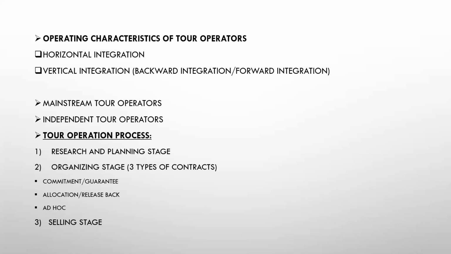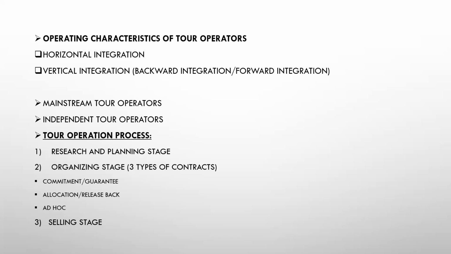Again, horizontal integration happens at the same level of the supply chain. In this situation, companies join together for a certain goal, for a certain aim. First, remove competition, then increase economies of scale, increase their purchasing power, and make their business bigger. This is when they join together or merge at the same level in the tourism distribution or supply chain.